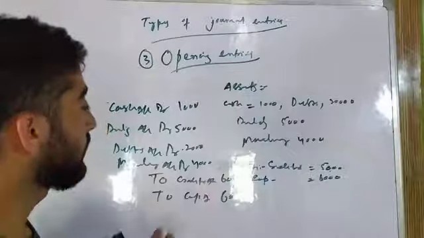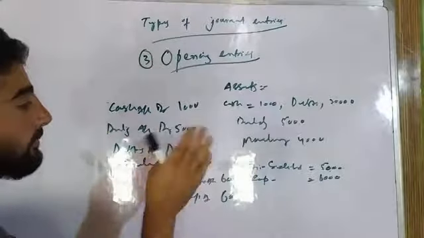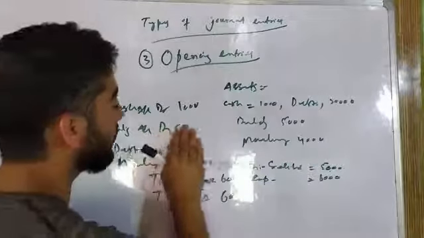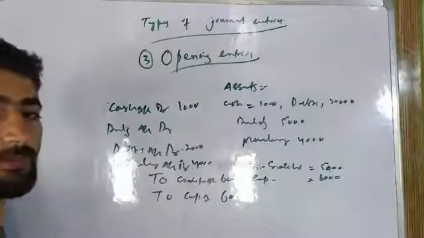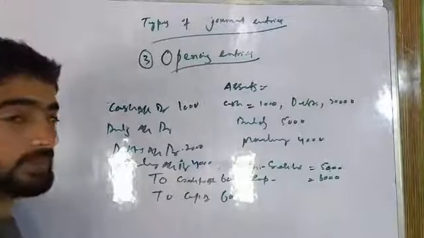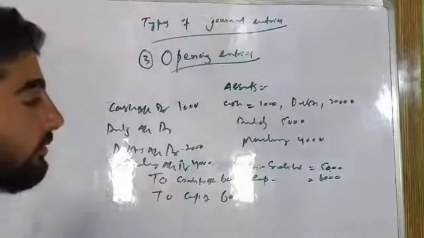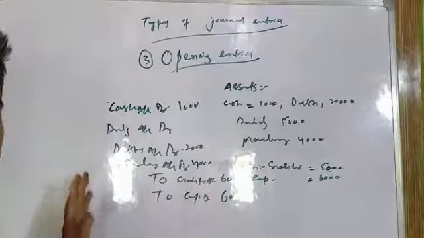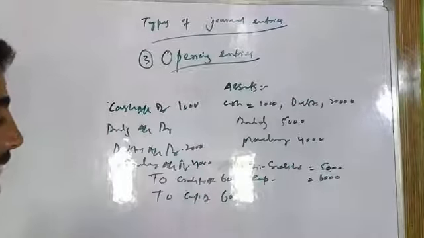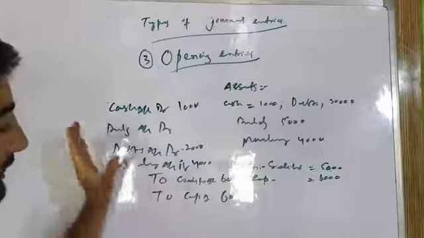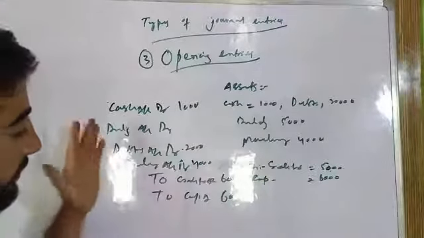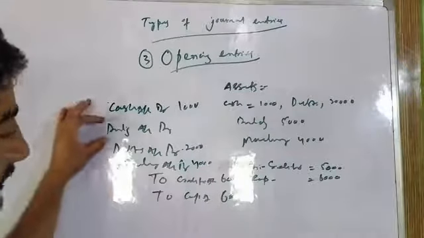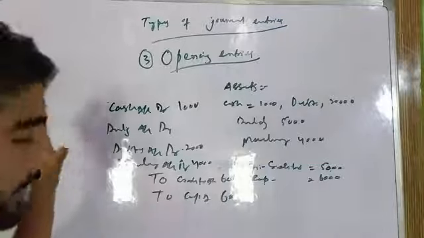So we can say, for example, in some problem, we will have to find out the value of building with the help of an opening entry. Firstly, what you will have to do is portray the assets, liabilities and capital in an opening entry. When we portray all these things in an opening entry, we will be balancing it. The balancing figure that